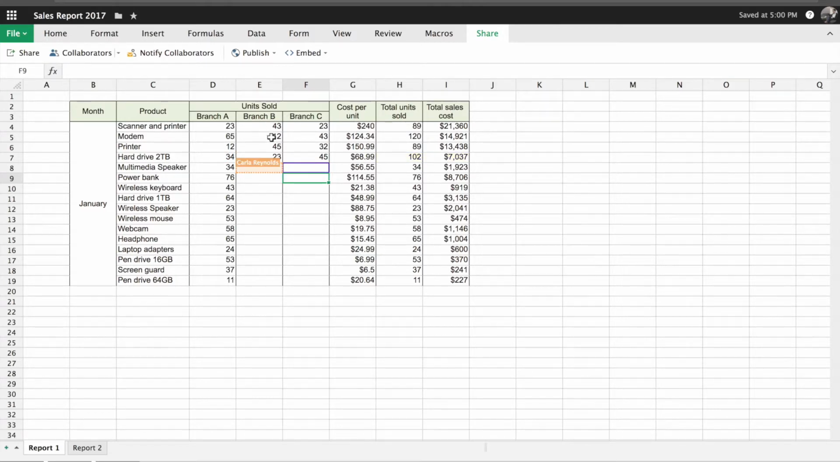So in these 2 columns, you can see that they have already started entering the data for branch B and branch C. And in these 2 columns, you can see the formulas getting updated in real time. So you can see the edit done by your collaborators in real time. At the same time, I'm seeing the formulas getting updated too. So now